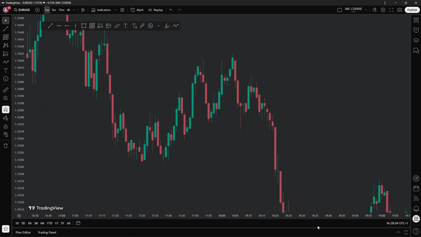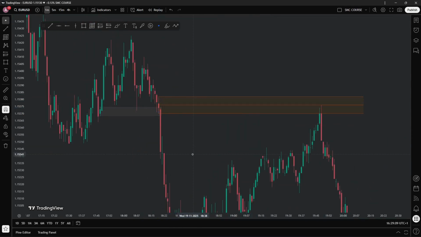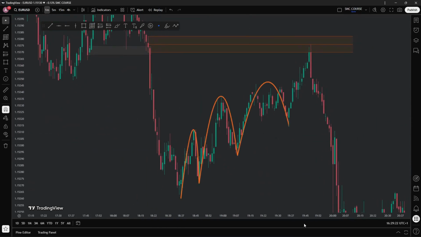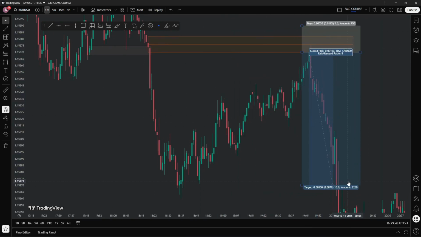To make the concept absolutely clear, let's walk through a few real chart scenarios. Example 1. Bearish scenario. Price is in an uptrend and creates a bullish order block. The next move fails to create a higher high and instead grabs liquidity above the previous high. Then the market strongly reverses and breaks the previous low. Before this drop, the final bullish order block is violated and flips bearish. That flip zone becomes the decisional order block. What happens next? Price pulls back to this flip zone, mitigates it precisely, and then continues falling, confirming smart money's